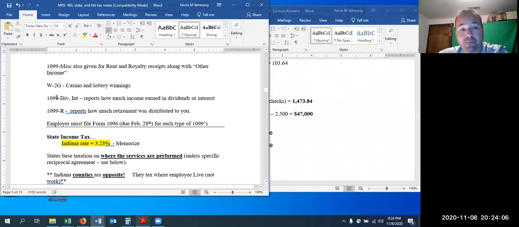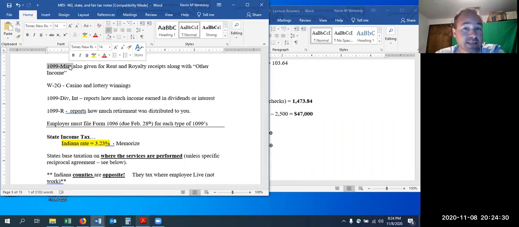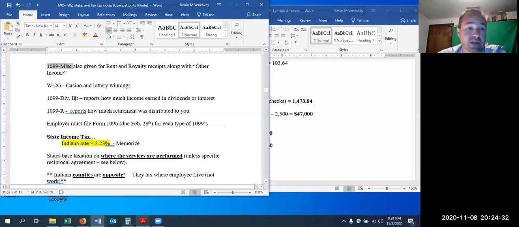And then anytime an employer fills out one of these informational forms, they have to file what's known as a Form 1096 for each special type. So they could have to fill out 4 or 5 different 1096s. It's going to state, okay, this Form 1096, which category are you working with? Are you working on all your 1099 miscellaneous added up? All right, then you're going to fill out the boxes for all the 1099 miscellaneous. Then you're going to do another 1096 for all the 1099 DIVs that you did.